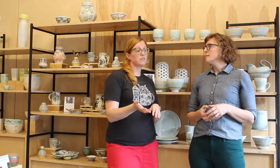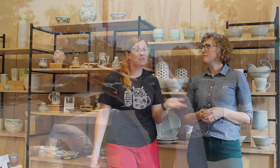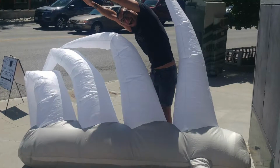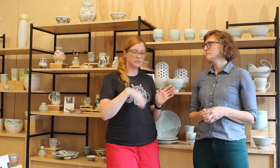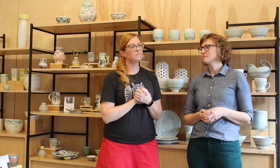Right. And the Rocket Grant allowed us to actually get all the tile out of here and refinish the floors and paint and do all that, and get some signage. Because we're actually at a pretty decent corner here at Main Street and Westport Road. It's kind of an intersection. A thoroughfare. Yeah, that's the word. Good old thoroughfare. So to have some visibility with our name, like with a big sign,